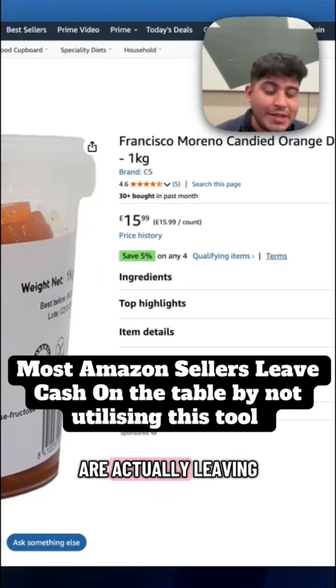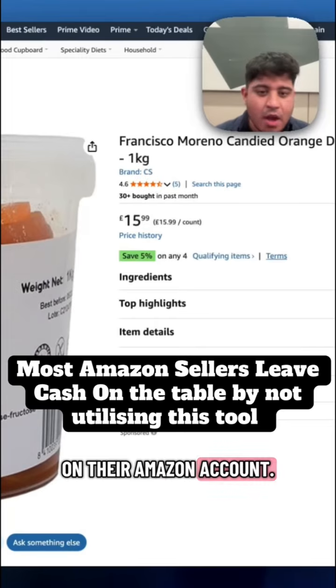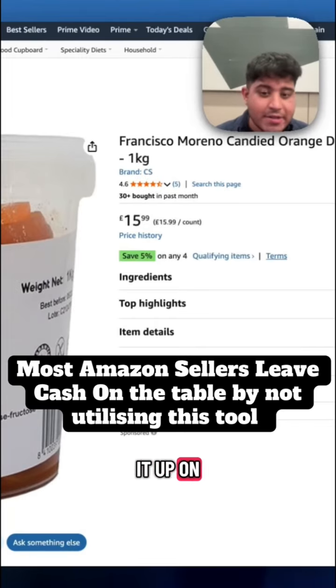So most sellers are actually leaving cash on the table if they're not setting up upsells on their Amazon account. What I'll do is I'll first explain what upsells are and how you can then set it up on your Seller Central account. So the way upsells work on Amazon is essentially, if we look at this listing here,